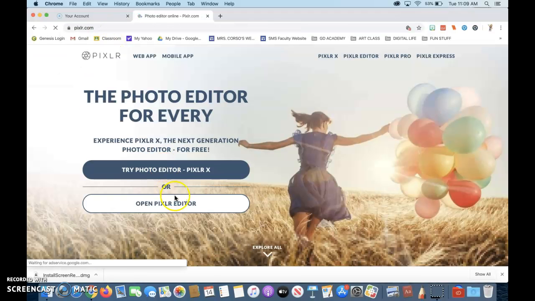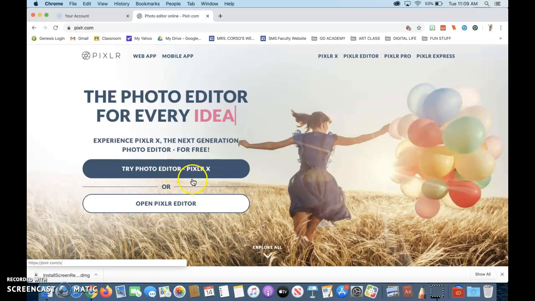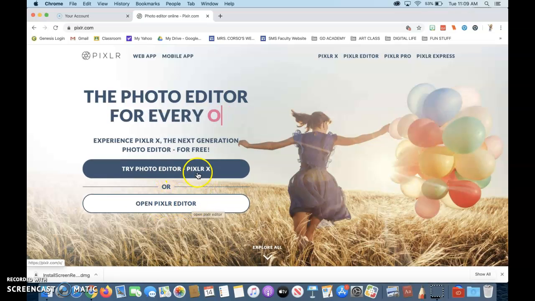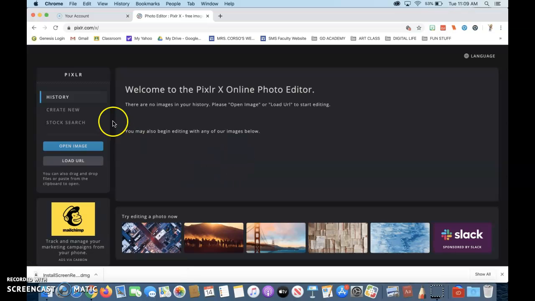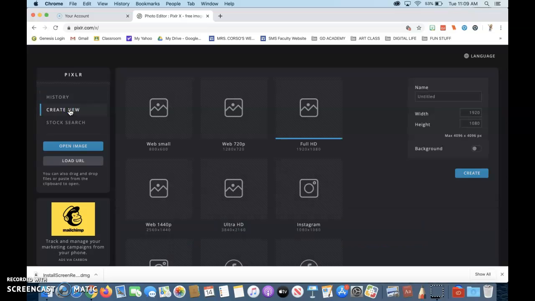and there's two different versions. There's the photo editor, and then we have Pixlr editor. We're going to be using the Pixlr X. So first thing we're going to do is create a new image. We're going to create a new blank image that's going to be the proper size for this project. So we want it to be 8 by 10 or 10 by 8